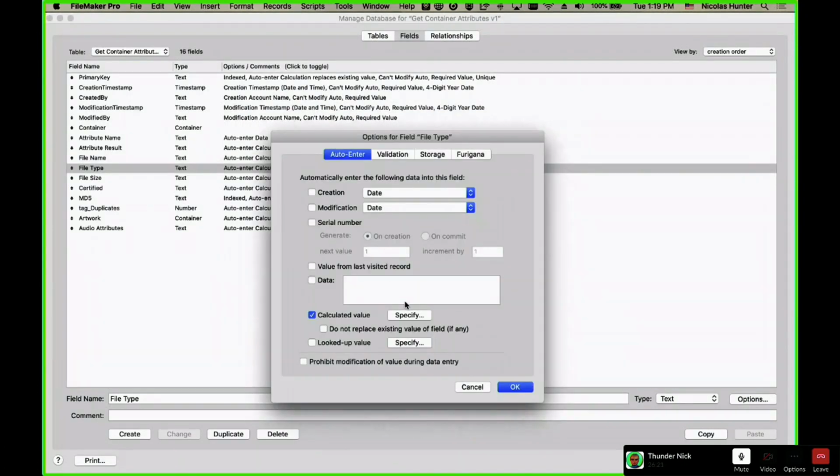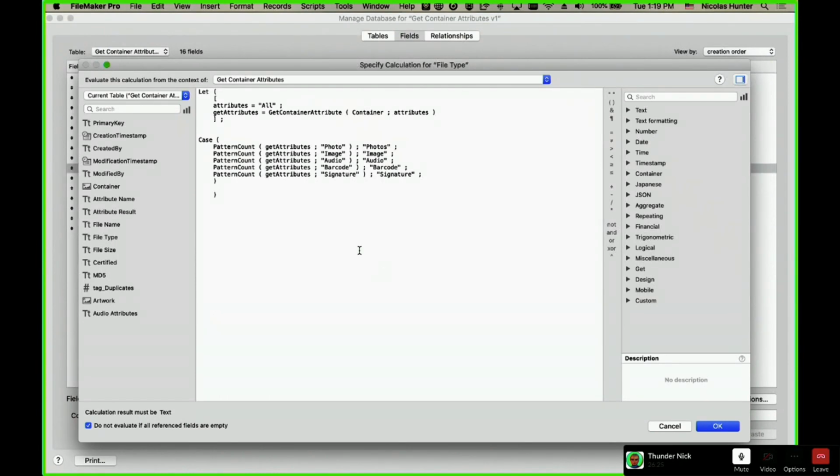File type is a little bit more complicated. Why? Because Get container attributes won't tell you directly, oh, by the way, this is a photo or this is an image. It does tell you, but you need to go pick up the information.